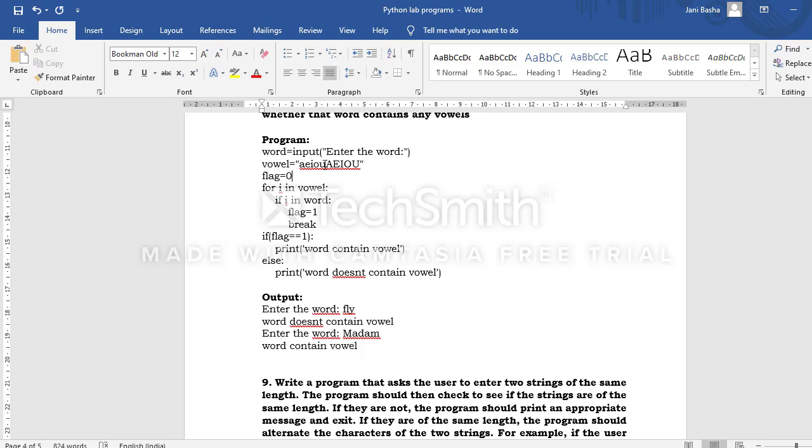Now I am using a flag variable which is 0. Now I am writing a for loop: for i in vowel.